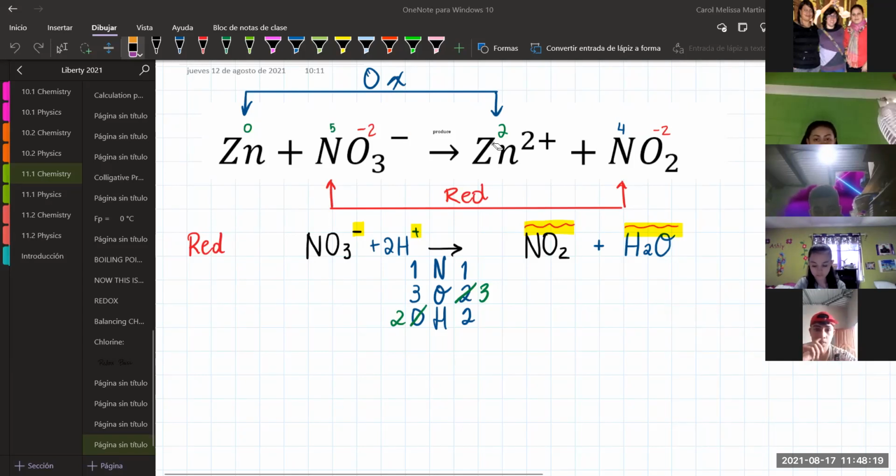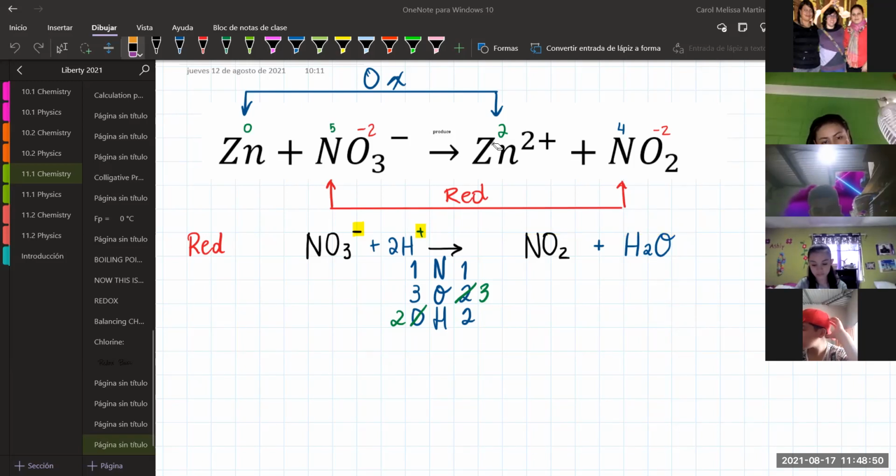Okay, you can place the 2H plus here or you can place it there. It doesn't really matter. What matters is that it is in the reactants part. Now, again, I repeat, you see that here I have charges, and in the products I have no charges. So we say the following,